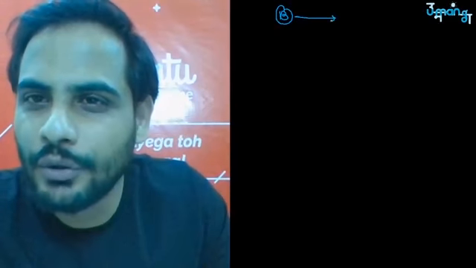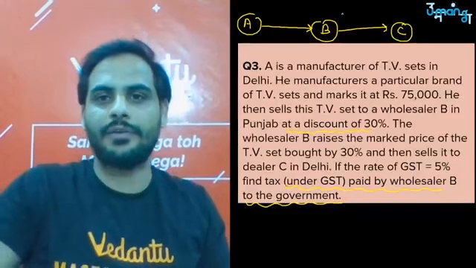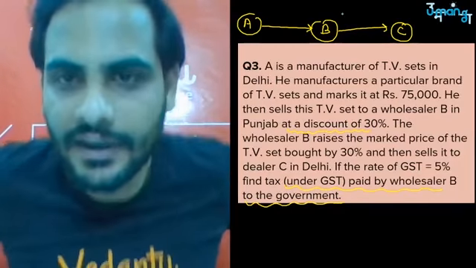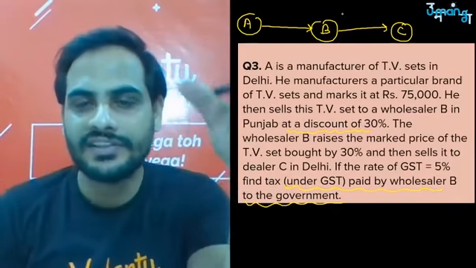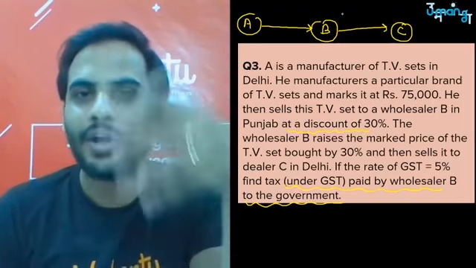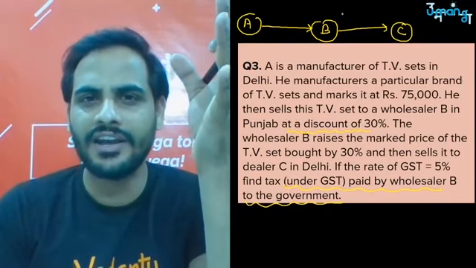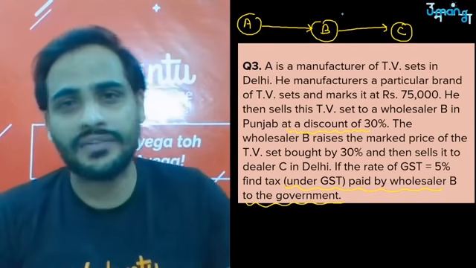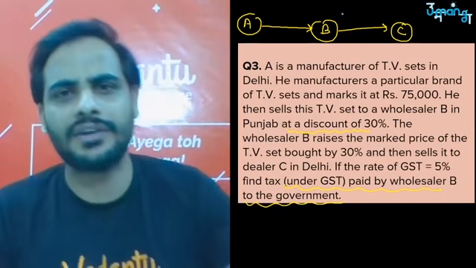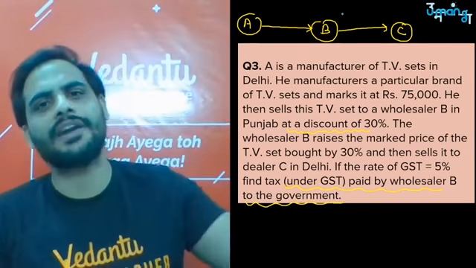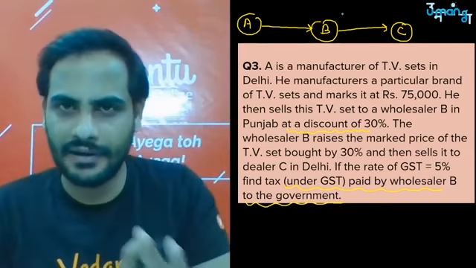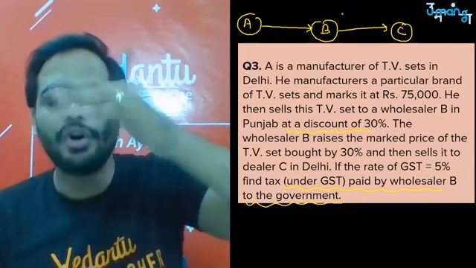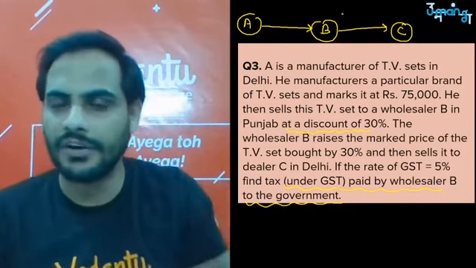B to C. Now you will see in the question, if you look carefully, they are not asking what is CGST, SGST or IGST. When they are not asking how much tax went to the center or how much tax went to the state, it doesn't matter whether you find it together or find CGST or SGST separately in the intra-state, that means within the state, or interstate, where it is totally calculated as IGST.